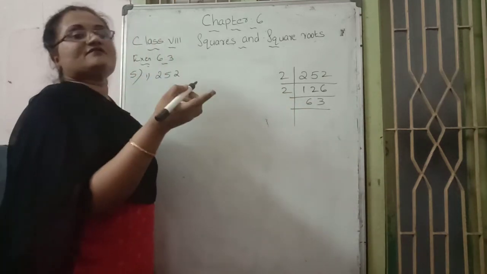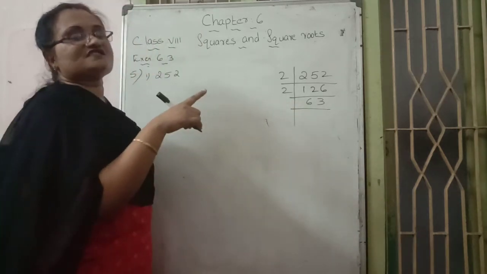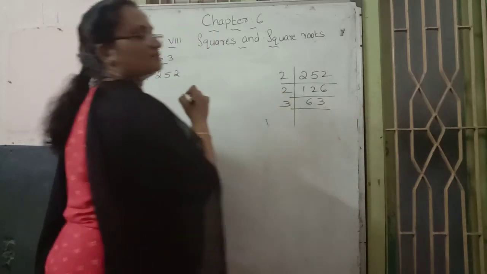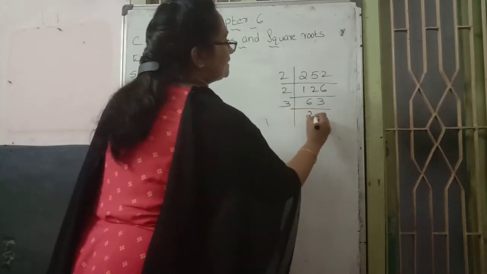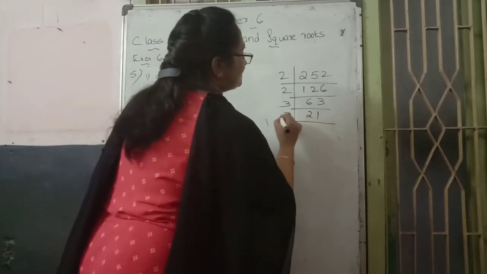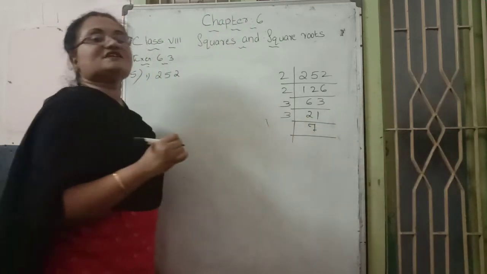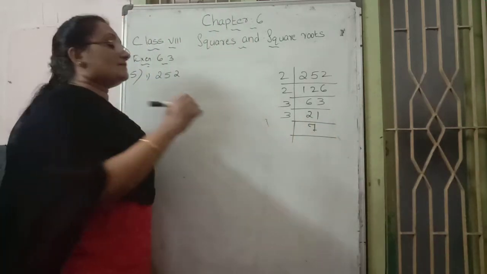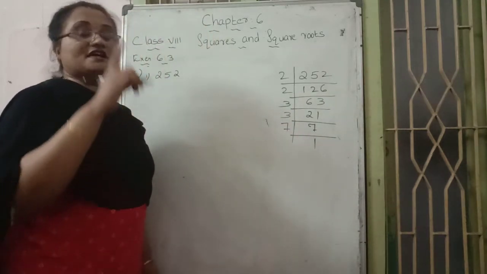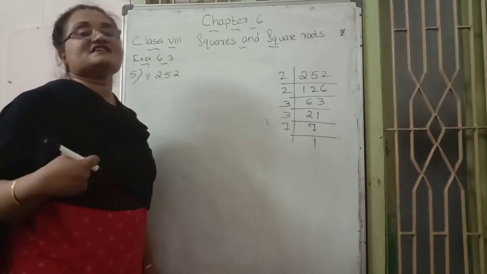So the next prime number, which is the next prime number? 3. Is it possible or not? Yes, it is, because 6 plus 3 is 9, and 9 is a multiple of 3. That's why the prime number 3 is possible. 3 table 6 is 2 times, 3 table 3 is 1 time. Again we can continue with the prime number 3, 7 times. Again, 7 is a prime number. That's why we use the same prime number 7 only, and dividing, we get the final answer as 1. Anyhow, our aim is to divide and divide. Finally we want 1 as the answer.